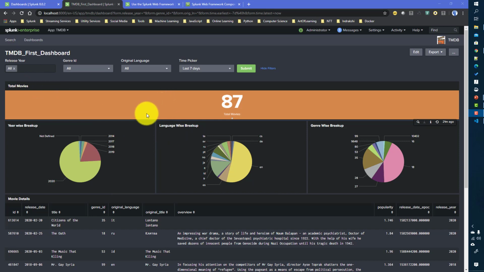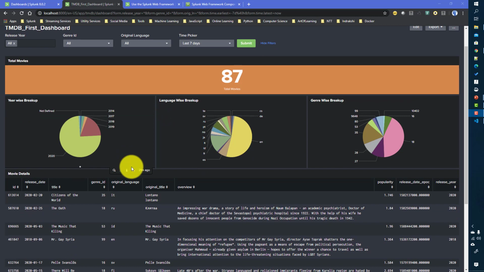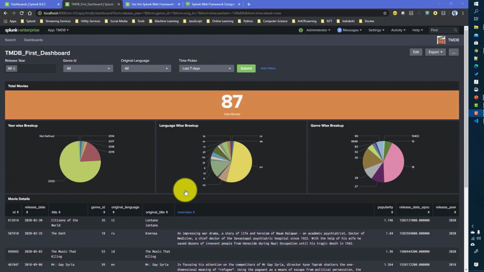Okay, and while doing that, we will try to make some more modifications to the existing panels, or maybe we can create new panels. Okay, so that I will decide when I will be creating that particular dashboard, but overall we will try to re-implement this dashboard and see how we can do the stuff in JS. Now the intention is to let you guys know how we can implement the stuff in JS. In a real-life scenario, as I said, you need to